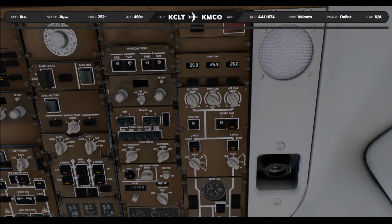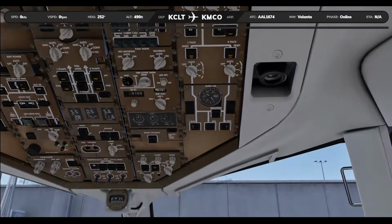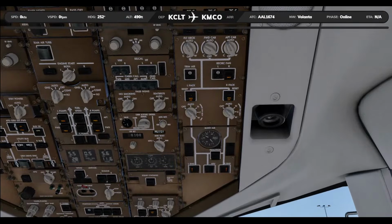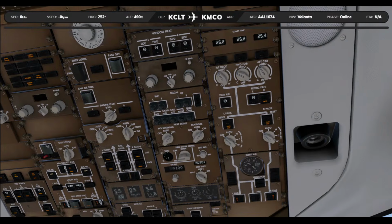Trim air, left free stroke fan should be guarded. That always stays on because that's what keeps our avionics cool. The right side, if you've seen some of my videos before, we leave that off on the ground. I don't know if that's just a company thing or if that's what Boeing asks us to do, but